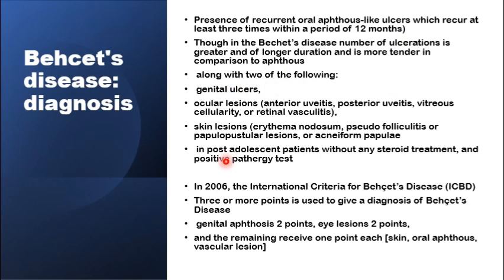manifestations of the following: either genital ulcers, ocular lesions in the form of uveitis, either anterior or posterior, and vitreous cellularity, or retinal vasculitis, or skin lesions like erythema nodosum or pseudofolliculitis, for example, in a post-adolescent patient without any